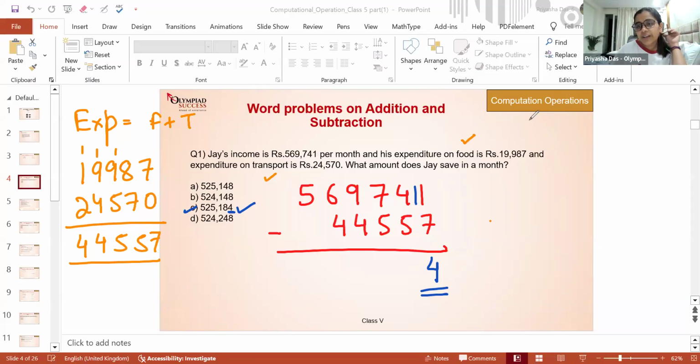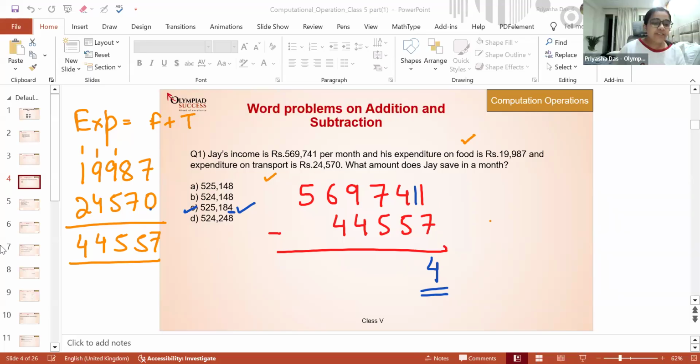Vedant, you joined late. Tell me what's your doubt. I will not answer it. The meaning of expenditure. You'll have to see the recording. It's a one word thing, but I will not say just as a punishment of joining late. And this is not the first time you're joining late, Vedant. It's a repeated activity.